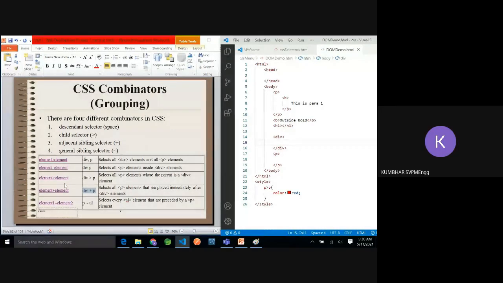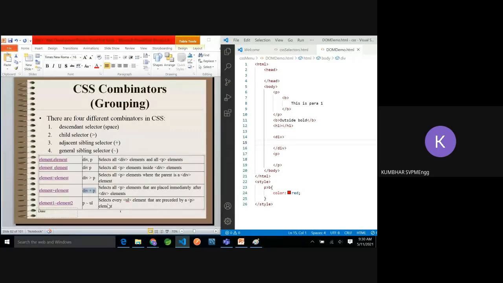And now the last is the general sibling selector. It selects every UL element that is preceded by a P element. Here is the precedence relation: P, this tilde sign, and UL.